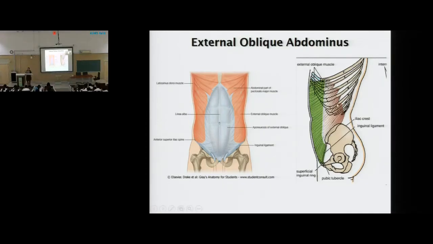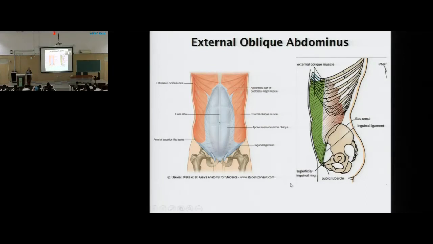when they originate from these ribs and this iliac crest, they are going to go to the midline, downwards and forwards. In the midline, they are also going to originate some fibers from the xiphoid process, and then they are going to get inserted into the linea alba. What is the linea alba? It is a midline where the muscle fibers of the anterior abdominal wall are going to interdigitate. So it is going to get inserted into the linea alba. It is again going to get inserted where? Onto the pubic symphysis.